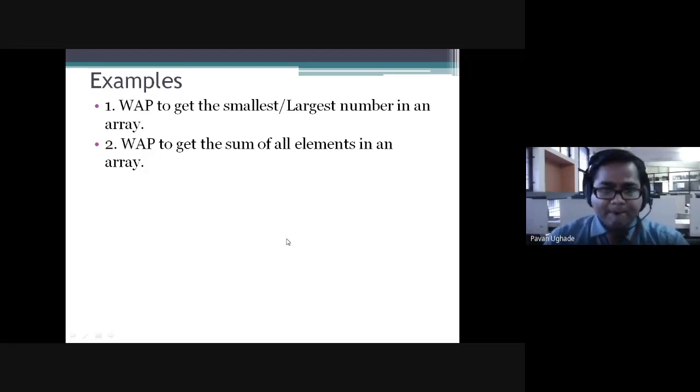I want you people to tell me about the logic of the first program. We'll be seeing two programs over here: writing a program to get the smallest or largest number in an array, and writing a program to get the sum of all elements in an array. So let's start the discussion over getting the smallest or largest number in an array.